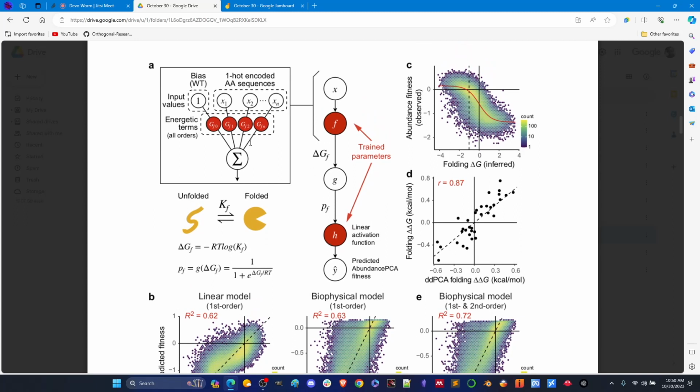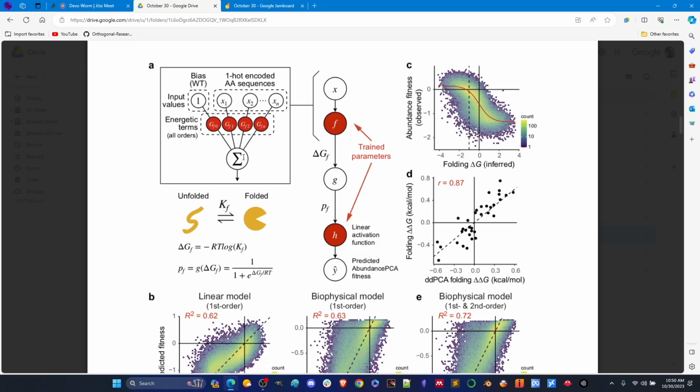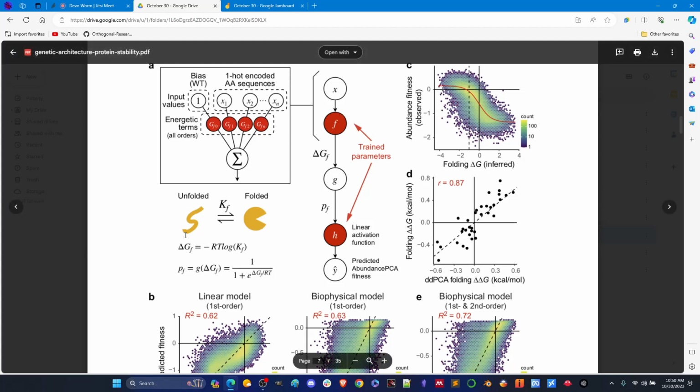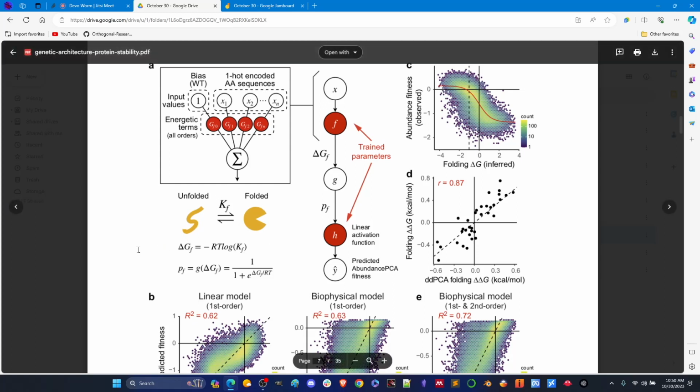So this is an example again of the input values. These are amino acid sequences, energetic terms, and then there's a summation here where those are put together. This is the unfolded state versus the folded state. There's an energetic term there, and we get our